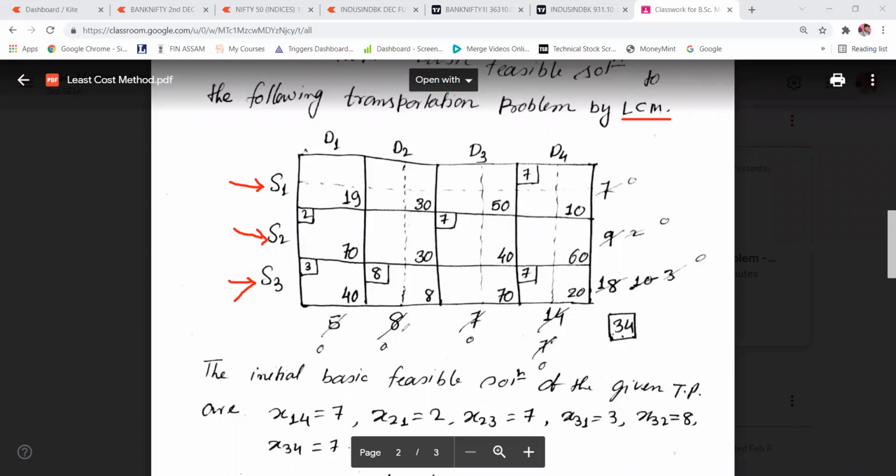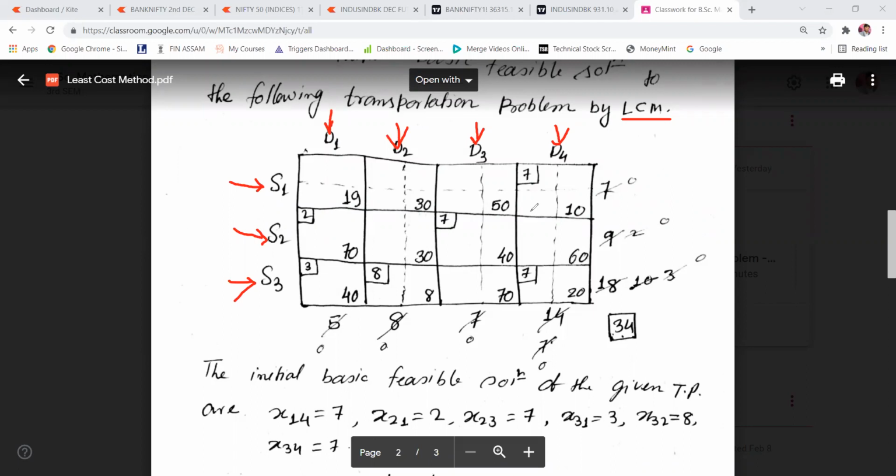And this 5, 8, 7, 14, these are demands to different destinations. For a balanced transportation problem, what was the condition? The total supply and the total demand should be equal.